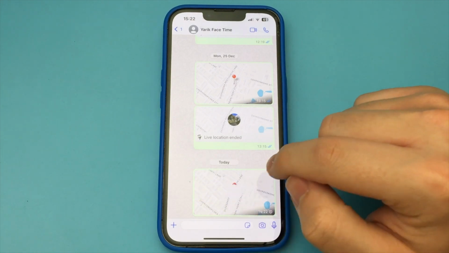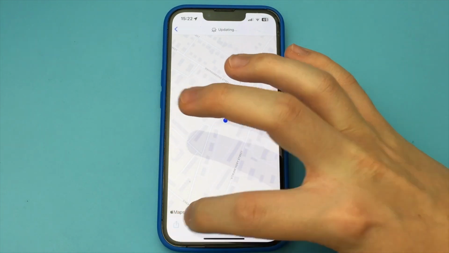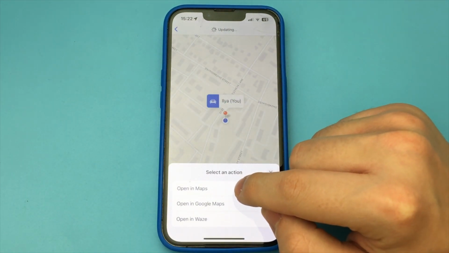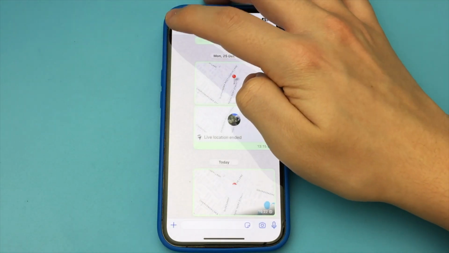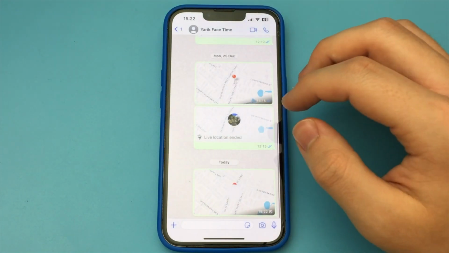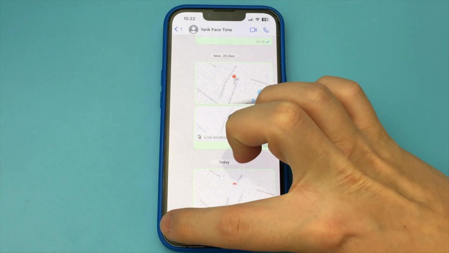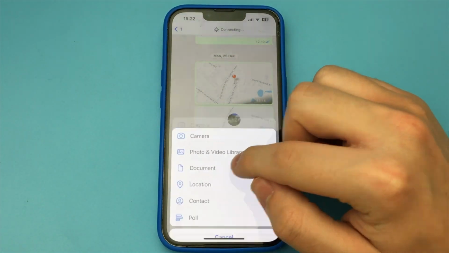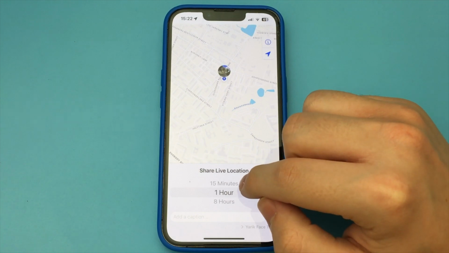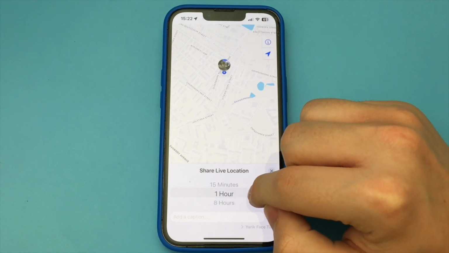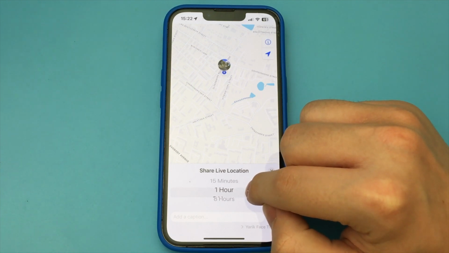That's the easy way. If we want our friend to see our movements on the map, we again click plus and open Location. And click Share Live Location, and click OK. Now open the settings and enable functions so that they can see us. Turn on, Always. Go back in the application and choose a period in which to show our position on the map. There is a small selection here. We choose and send to our friend.